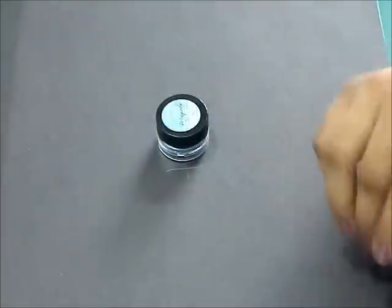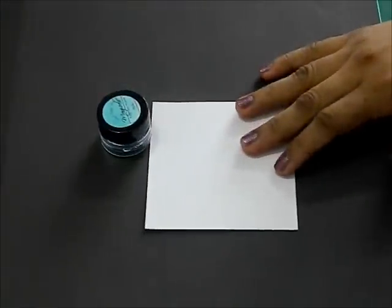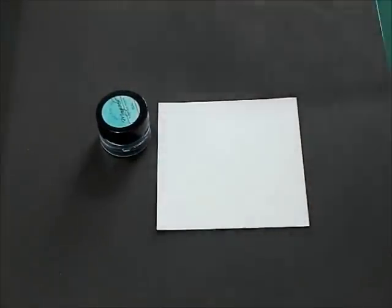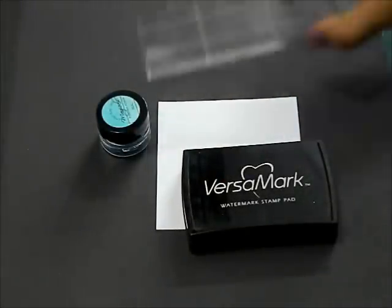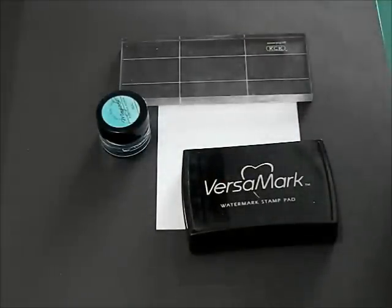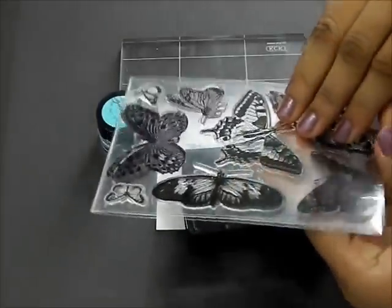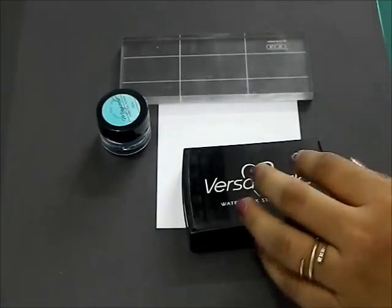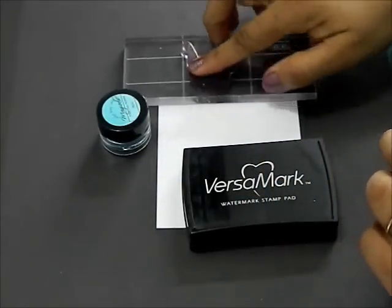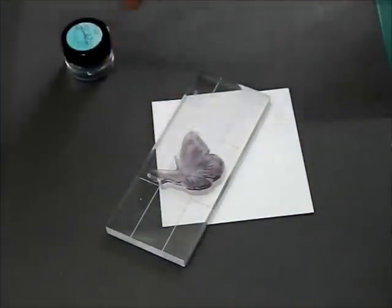I love one thing that you can do with your magical micas: stamp and then just use your micas raw on it. For that you need your Versamark ink pad, your acrylic block and a stamp. I'm obviously going to pick up a butterfly because I love them. I really don't know why, but I do. So you just place it onto your stamp. Use your Versamark ink pad,